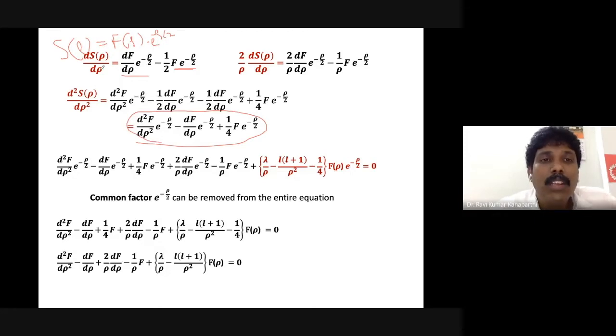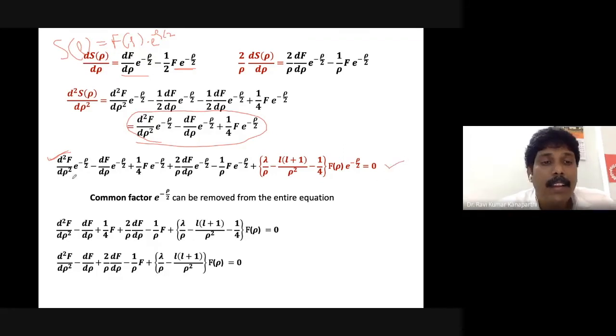So both you have to basically expand and write down, and you will get this type of equation. Okay, similarly in the differential equation we have 2 by rho ds of rho upon d rho, right? So that you can actually calculate, because you know the first derivative, and then just multiply the first derivative with 2 upon rho. So that I have done here. Okay, so after doing everything, you just substitute everything in the differential equation, that is done here already, and you will get the differential equation like this.